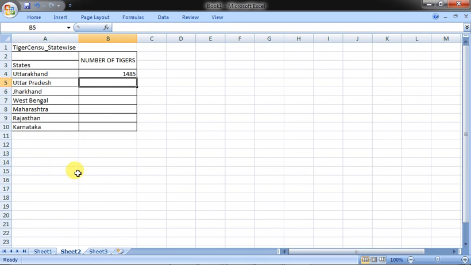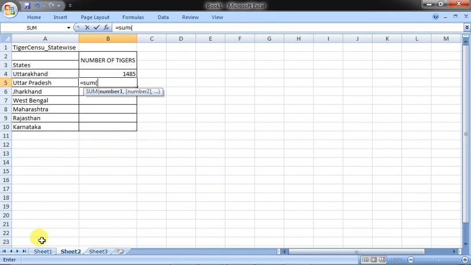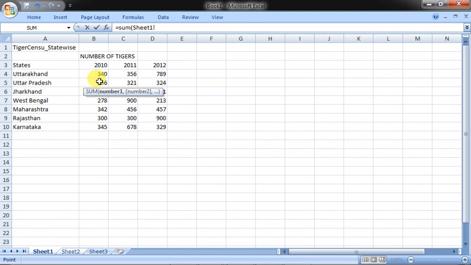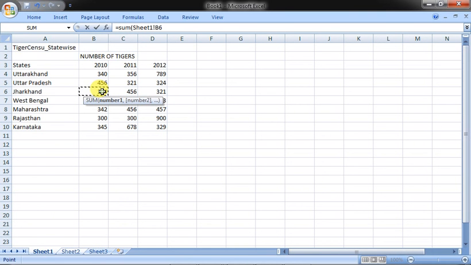That's why for Uttar Pradesh, equals to SUM, then Sheet 1 is how much, 456 B5, comma, this, comma, and then this, D5, okay, 1101. Equals to Jharkhand SUM, then you have to go to here, 234, comma, 456, comma, 321.